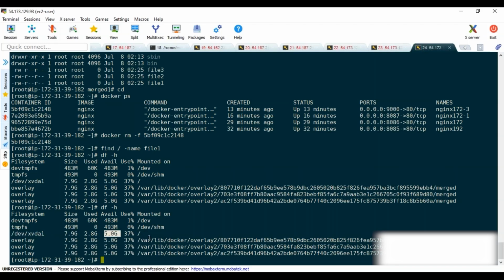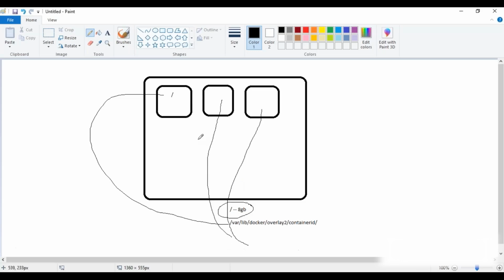So the same volume is getting mounted and acting like a slash inside every container. Okay, here, here. Whoever takes first, acting like a slash here. If this container is storing 1 GB, this one is storing 1 GB, this one is storing 1 GB, then out of the free space of 5 GB, 3 GB is full, remaining 2 GB is available. So whichever container is filling the data, end of the day it is storing over here. Okay,